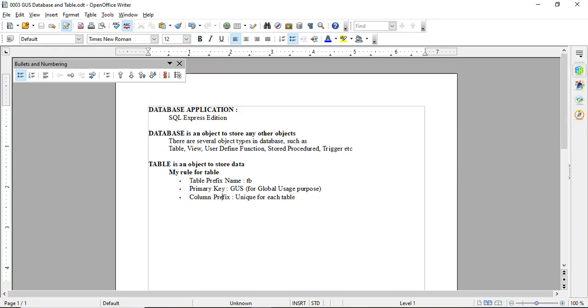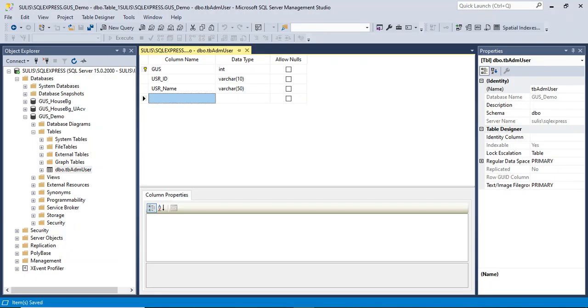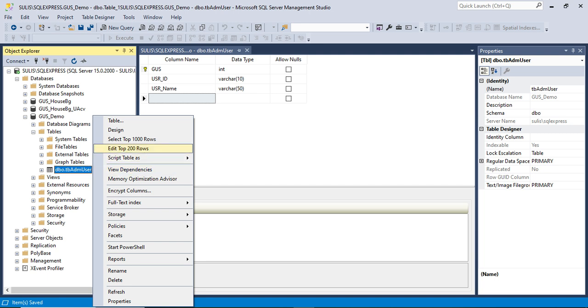And as its definition, a table is an object to store data. How to store data to a table? We can input data into this table.